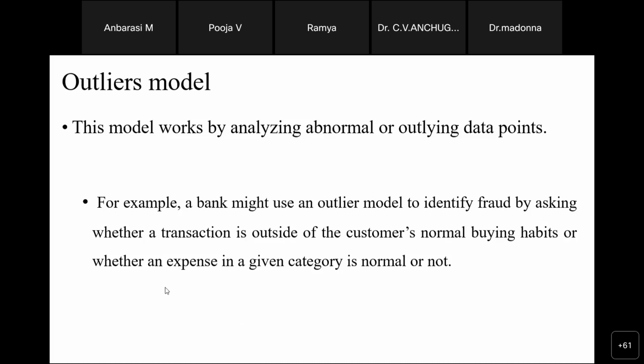Based on that, they can categorize the people and give them benefits, and they can also analyze